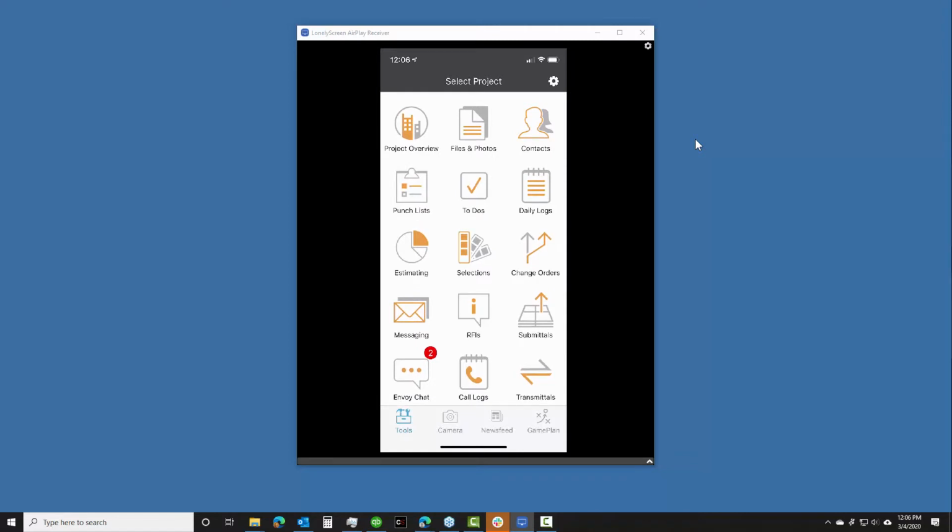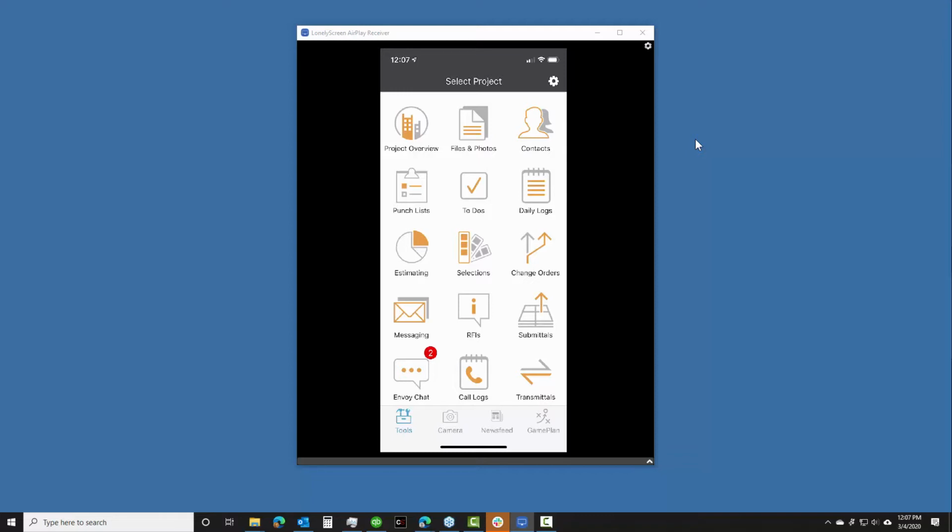Now, the mobile app, it's really easy to find and access. This question comes up all the time, Holly, in training sessions that I do, and I'm sure it comes up for you as well. But the app is part of the subscription. It's free. It's not an additional add-on or anything like that. And you can download it from the Google Play Store or the Apple App Store, looking just for Construction Online,